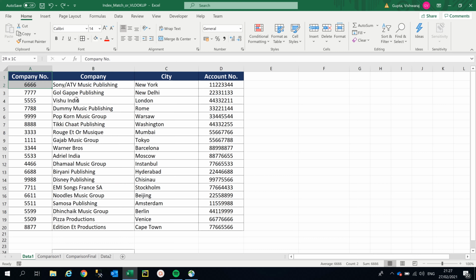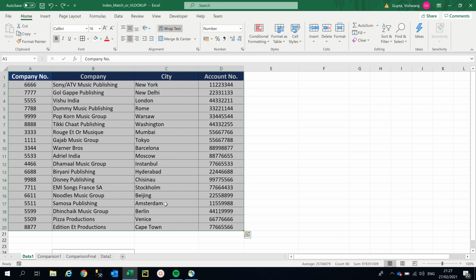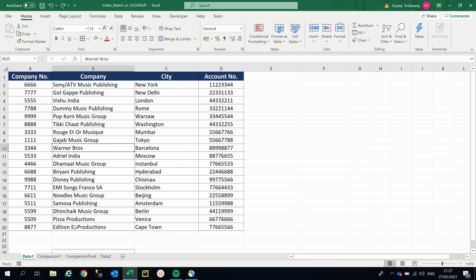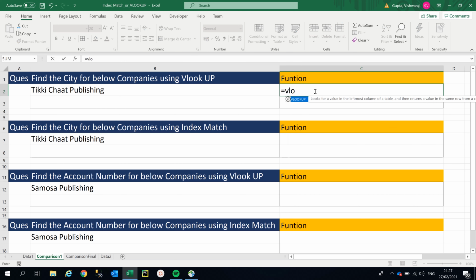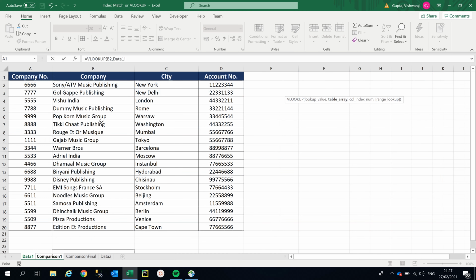Right now you can see this table. It looks very easy, but this VLOOKUP, as I guess everybody uses. Okay, so let me show you how we can find the city name for Tiki Chart Publishing, which is a company name. With a simple VLOOKUP, we use VLOOKUP, and then the lookup value. What we are looking for is Tiki Chart Publishing, which is a company name. And then we always use table arrays. The table array should start from the company name, from the lookup value, and it should go towards